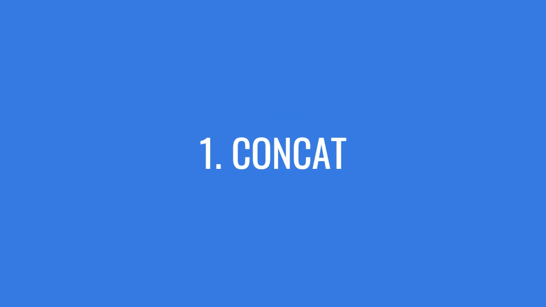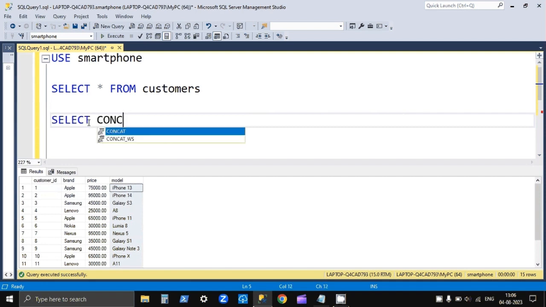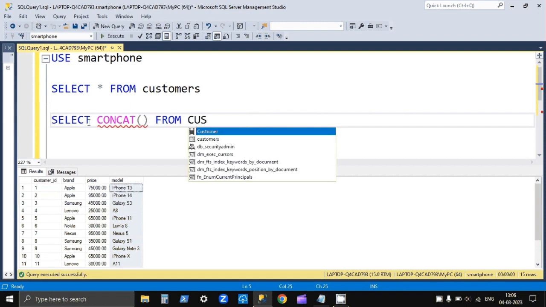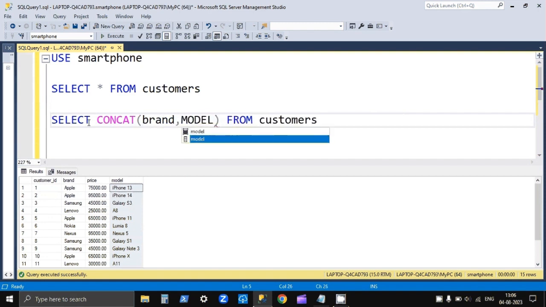So let's start with function number 1, Concat. As you can see on the screen, I have a dataset of smartphones. Let's say I want to combine brand and model name in one particular column. So we will write select Concat from customers, that is our table name, and inside Concat I will give brand and model name,